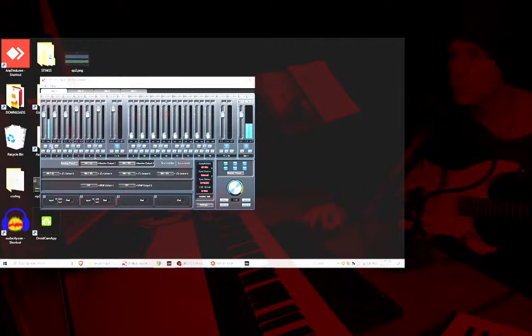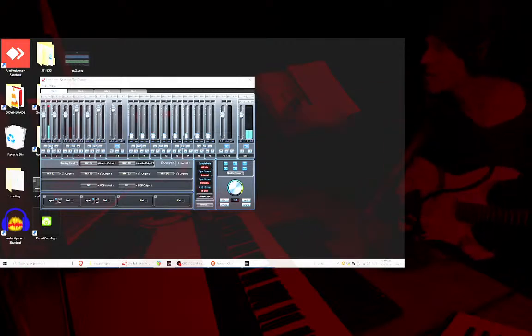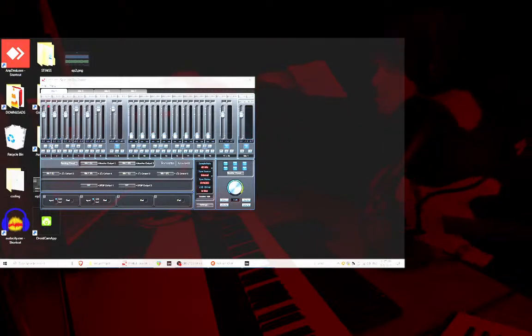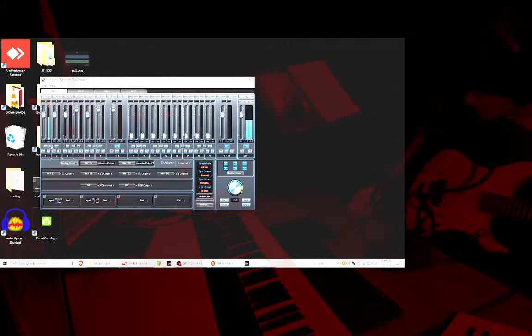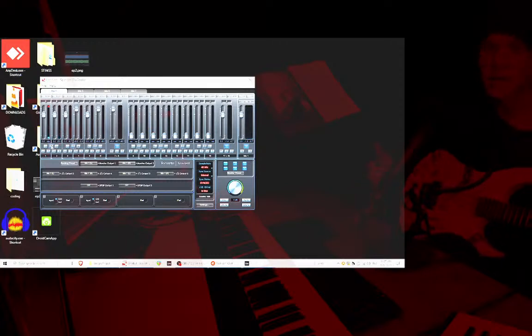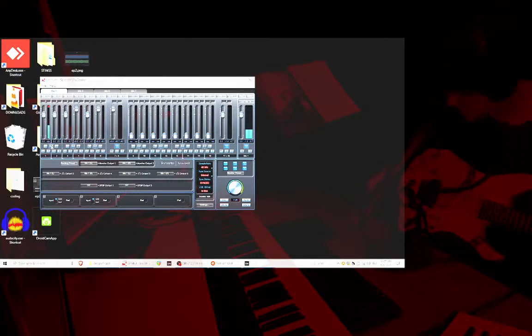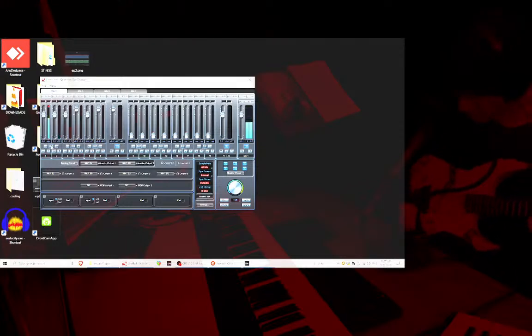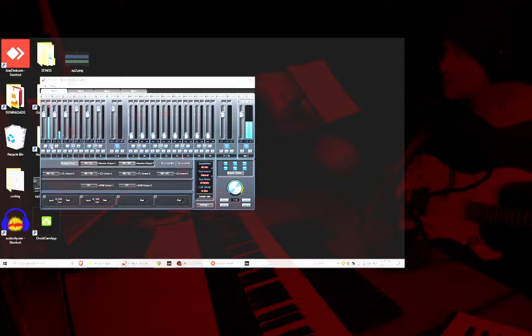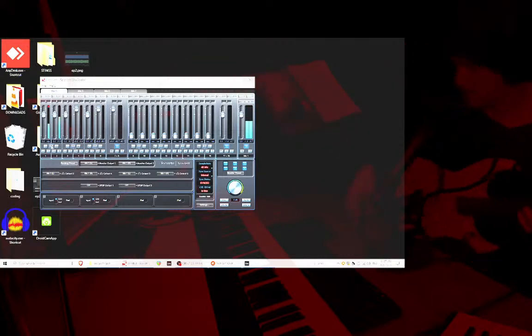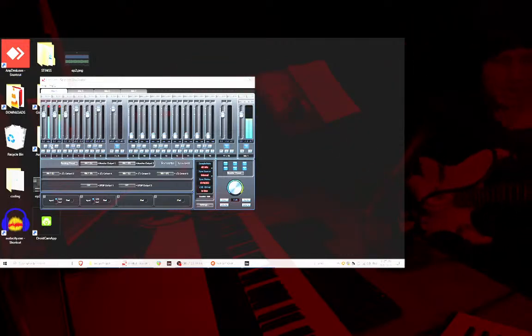Let's do a little buzz test here. Yeah, we've got a buzz coming in, so it must be the pickup on the guitar. Oh, I know what it is. There we go, cool. The two lower pickups on the guitar I think are a bit messed up. I've still got an iffy guitar, but